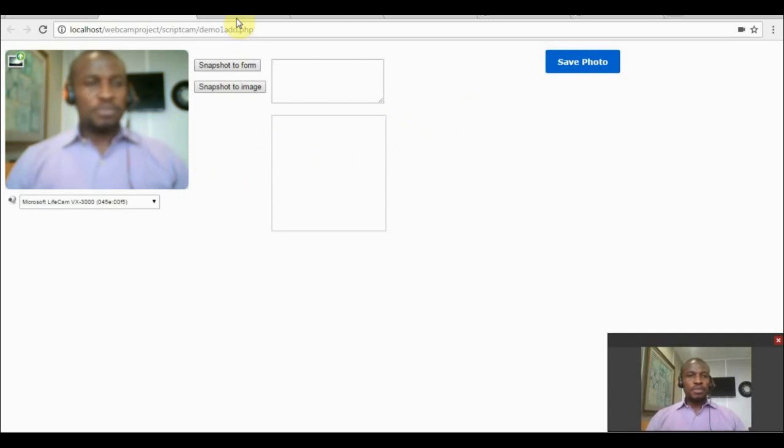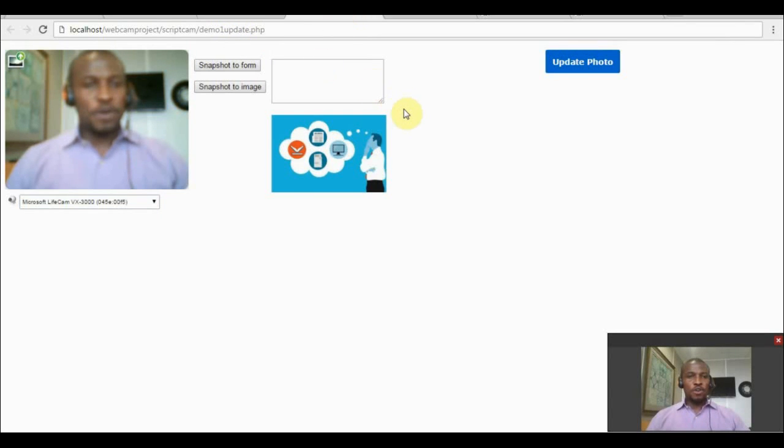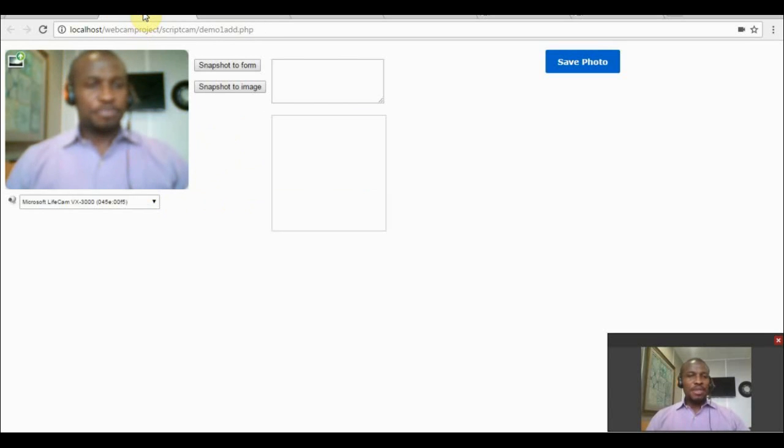Now, this form is called the add form. This other form is called the detail form, as you can see in the URL, and this other form is called the update form. Okay, now the webcam on this page is actually one, but the entire 4 pages, or rather the 3 pages, are using it. Now, for example, if I add